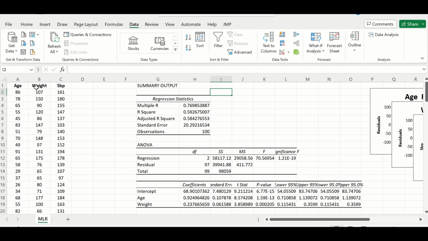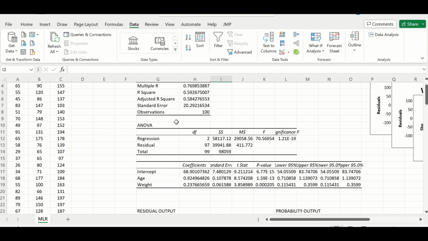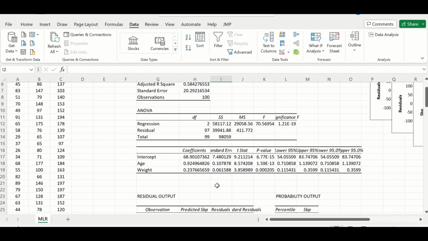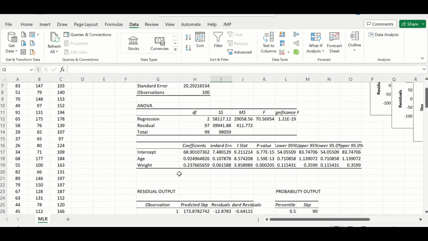So 58.4%, the age and the weight contribute to the variation in the systolic blood pressure and can explain that variation. The second table tests whether the model fits, and it is an ANOVA table and shows that the p-value is less than 0.05. The third table is the most important table, as it shows the coefficient estimate here for the